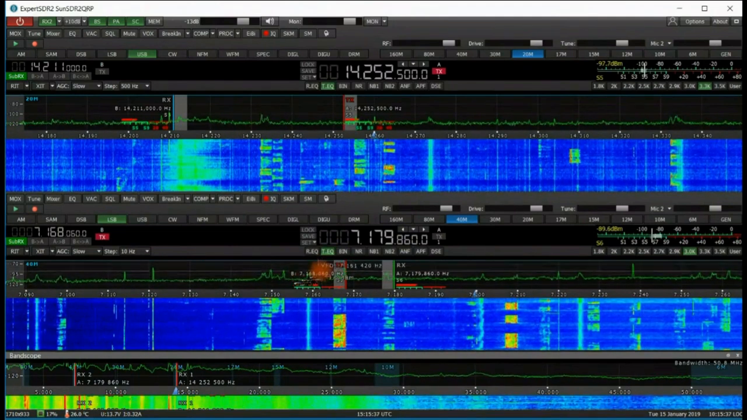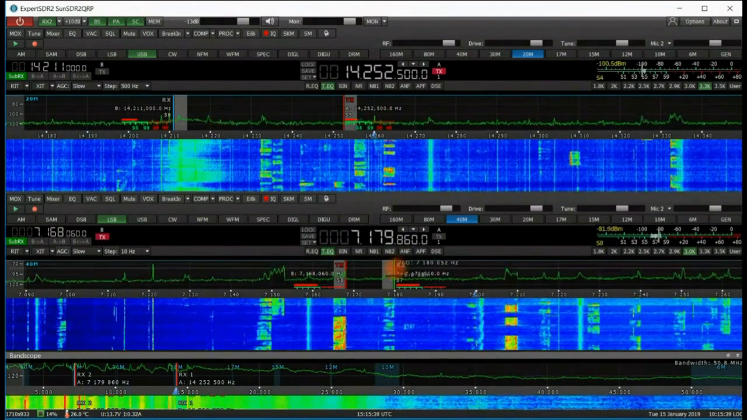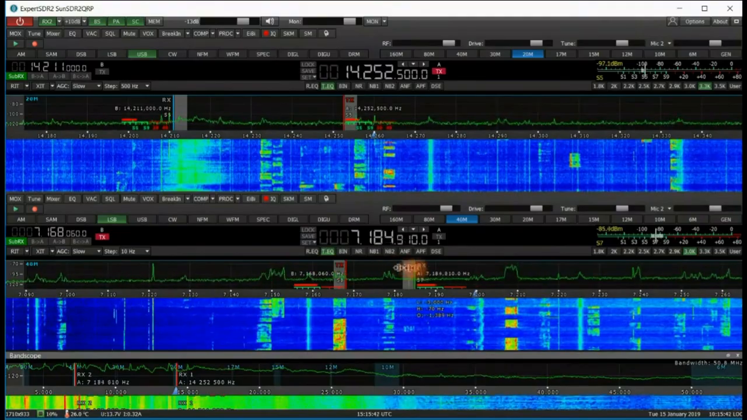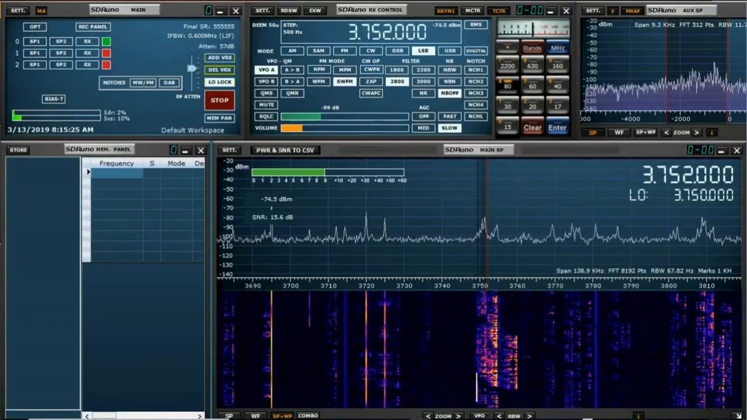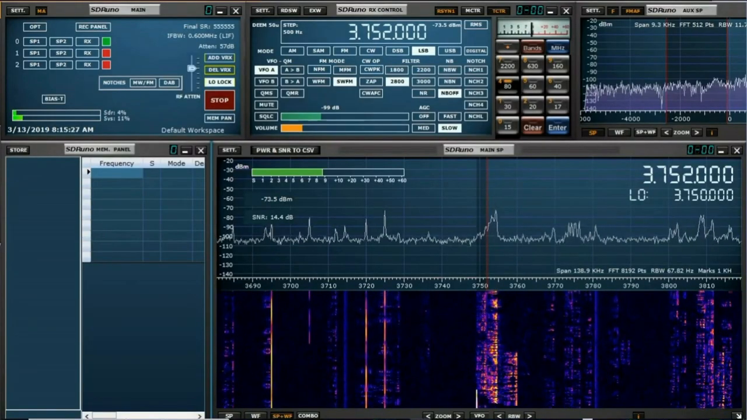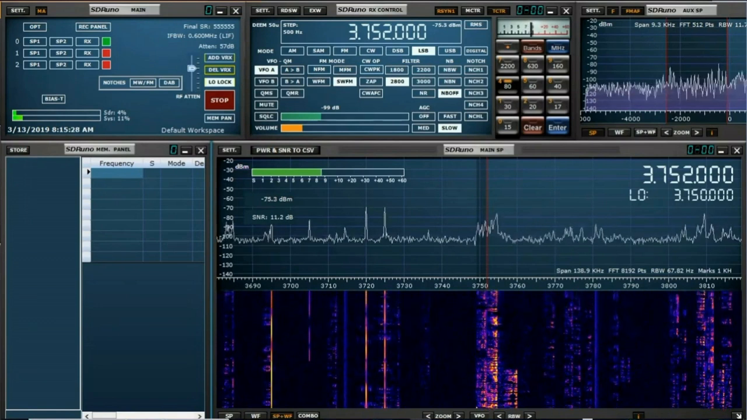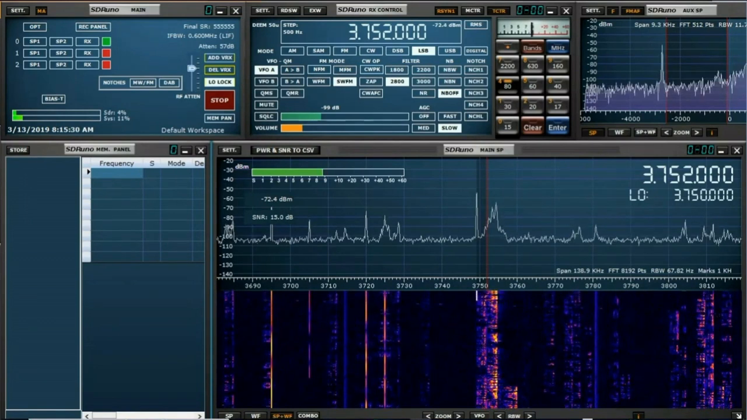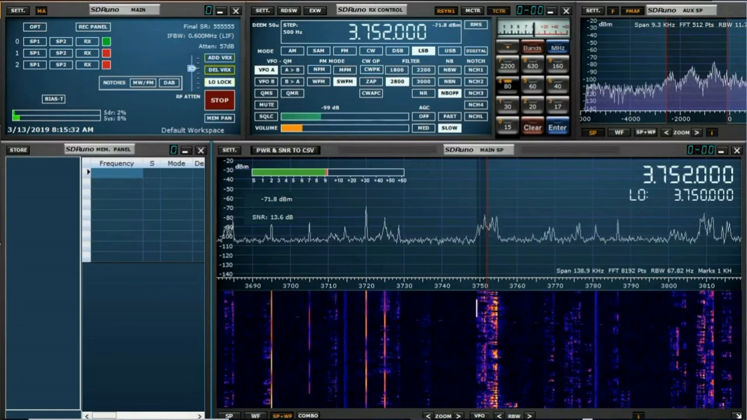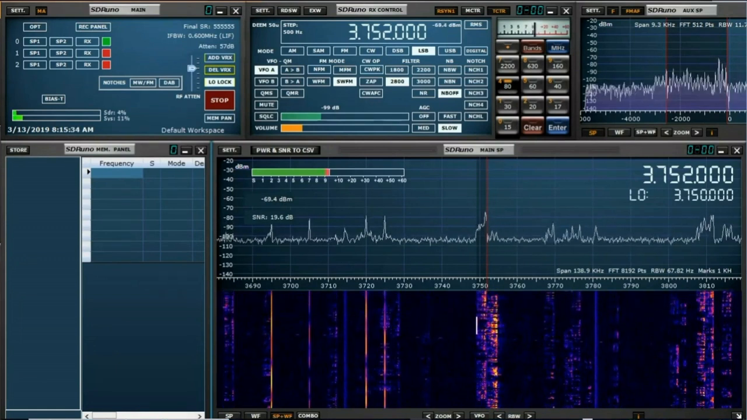Since I've already discussed the Elad SW2 and Expert SDR2 software, I'd like to talk a little about the RSP1A and some software options. SDR Uno is the native software used by the RSP1A. My main objection